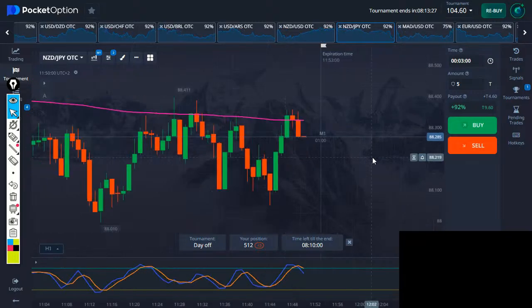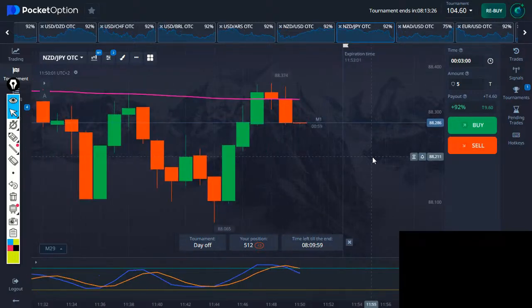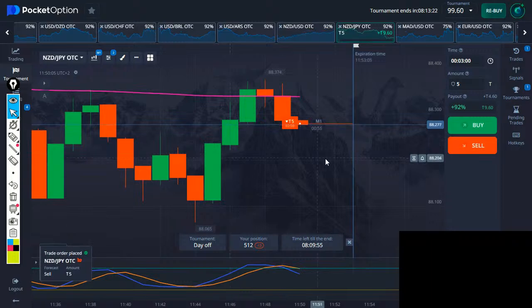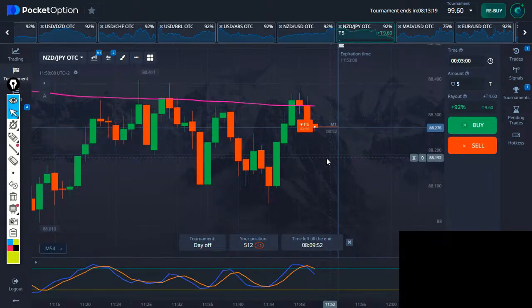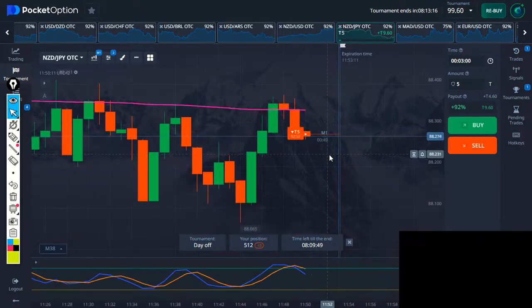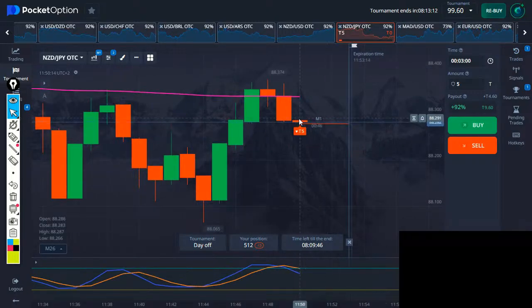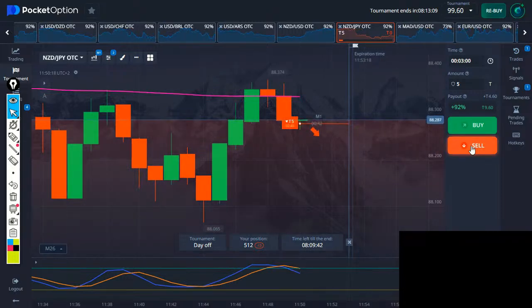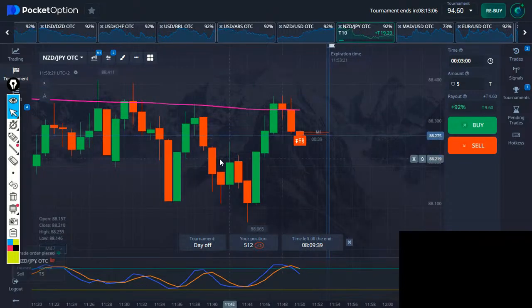Okay, you have a strong rejection zone here. I'll take sell here. So why I took this trade, even though I wanted it a little bit higher, it should have been here. I'll take one here as well, no problem. So why I took this trade,